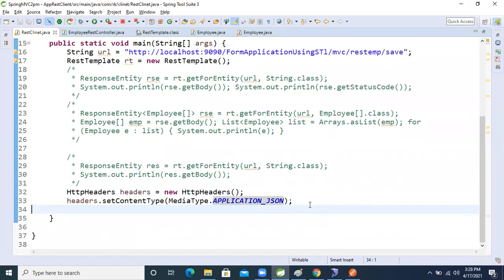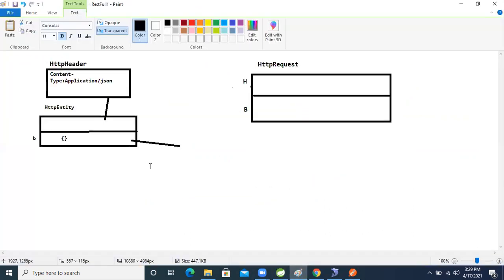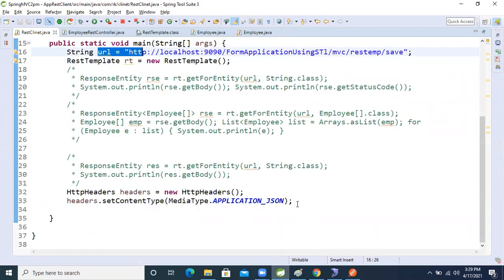Next, what will we do now, guys? We already have the URL. Now the entity type, come to the diagram. Another one is the entity object, right? Now create the HTTP entity type.